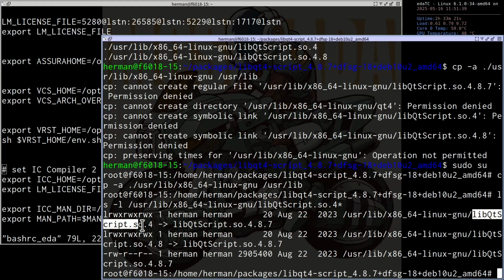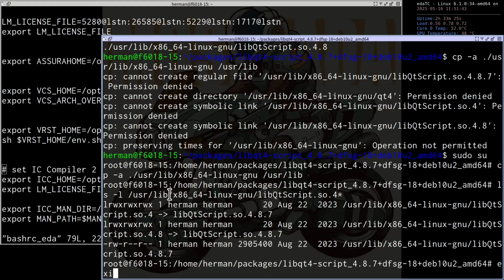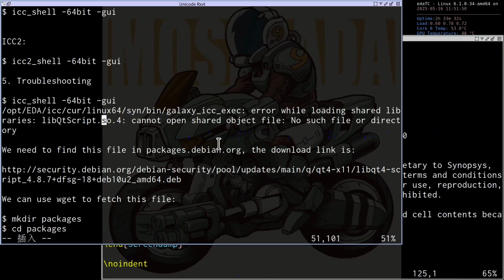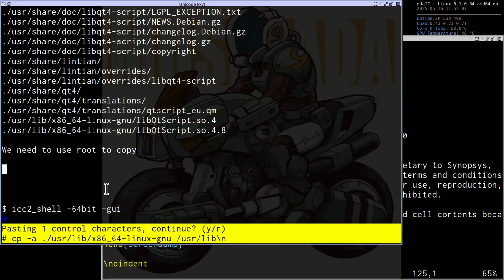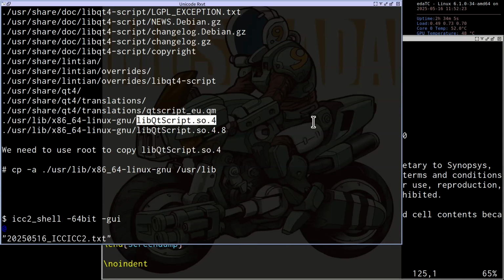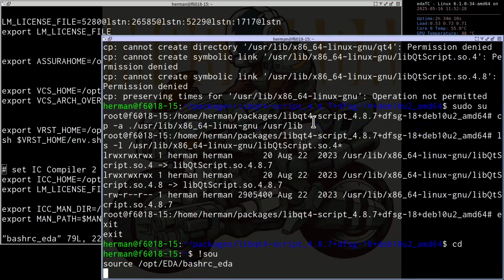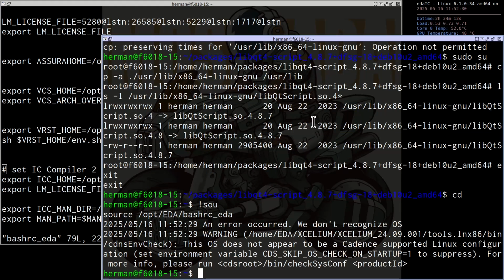You have this one, right? Okay, so let's run the program again. Sorry, I needed to use root permission. Okay, so after we copy the file, we can source again.